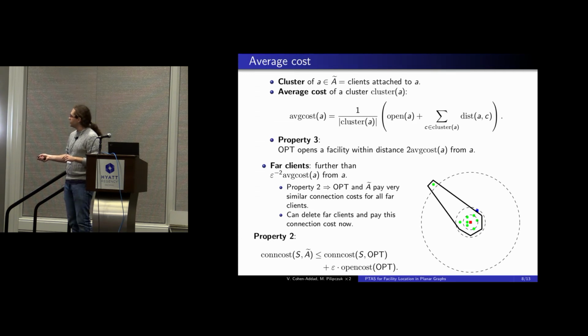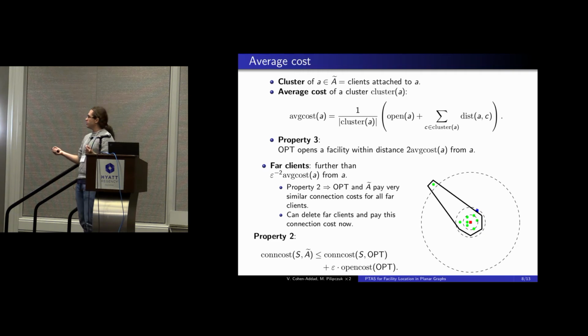So this twice average cost is tiny compared to this 1 over epsilon squared times the average cost, which means that this guy in the optimum solution cannot pay much more than what he pays in the approximate solution, because he can go to the blue instead of the red in the optimum solution. Maybe there's a center much closer in the optimum solution, but there's one which is comparable to the one in the approximate solution. So the punchline here is that the property tells us that the approximate solution doesn't overpay